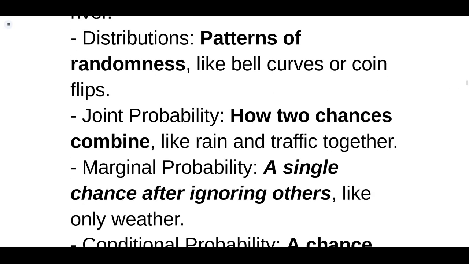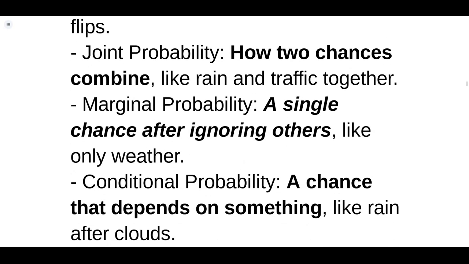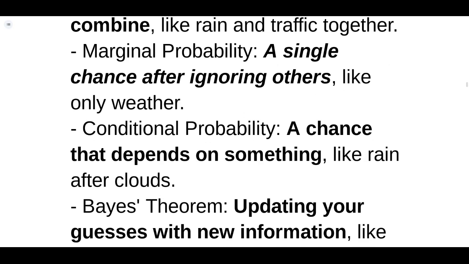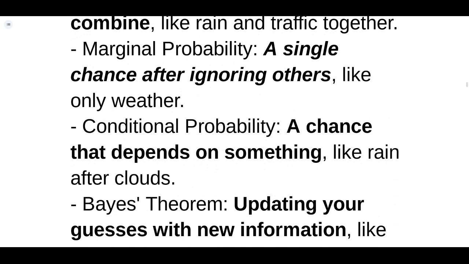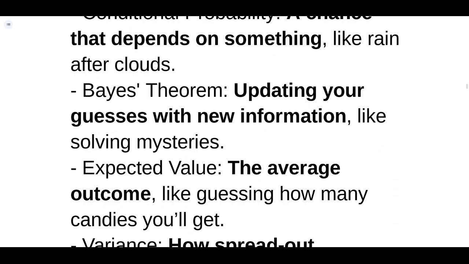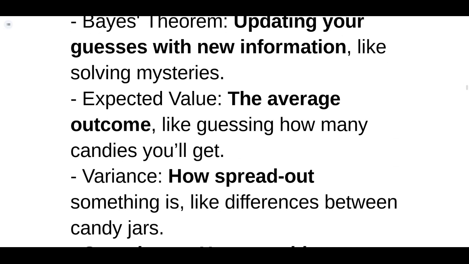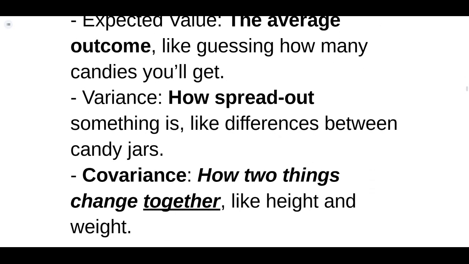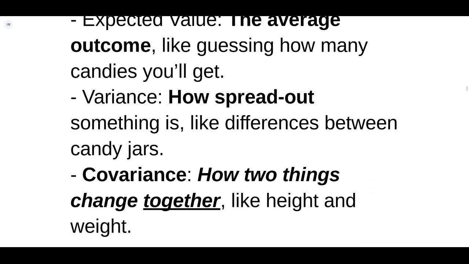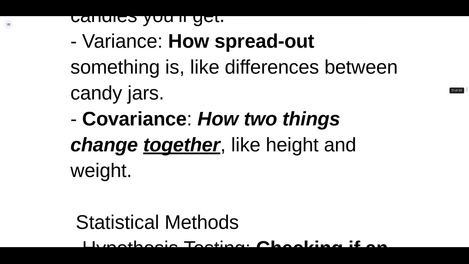Joint probability, how two chances combine. Marginal probability, a single chance after ignoring others. Conditional probability, a chance that depends on something. Bayes theorem, updating your guesses with new information. Expected value, the average outcome. Variance, how spread out something is. Covariance,